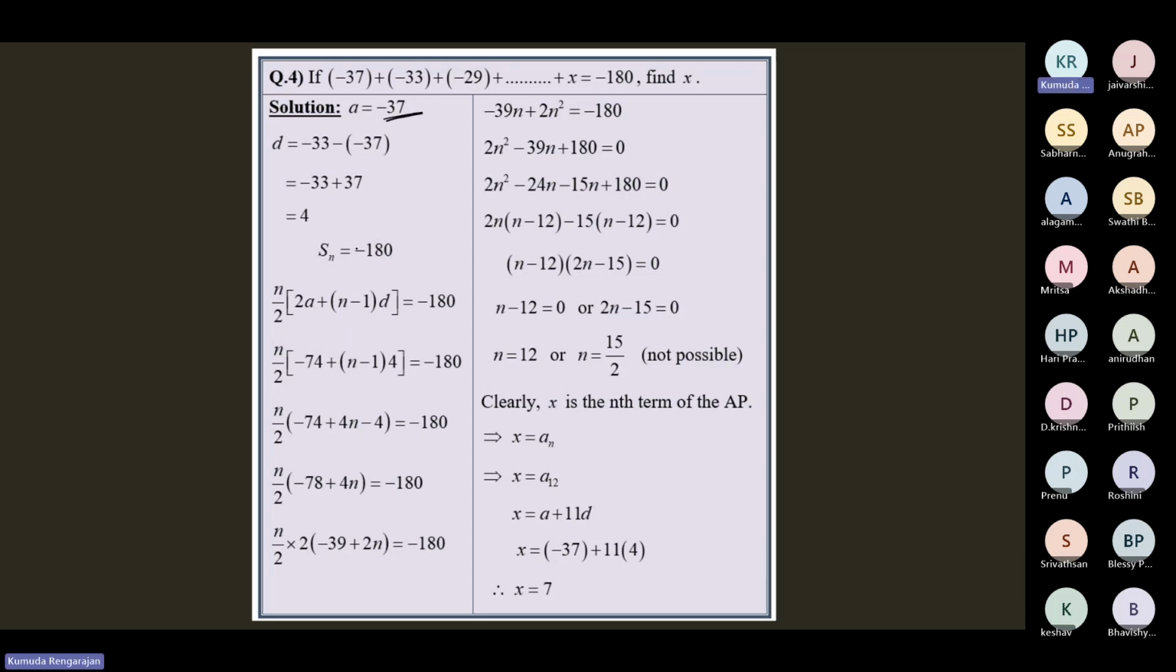So A is minus 37, D is 4, Sn is minus 180. On substituting, we have this quadratic equation 2n square minus 39n plus 180 is 0. I have not used the quadratic formula, I've split the middle term. You can also use the quadratic formula. I split the middle term and got 12 and